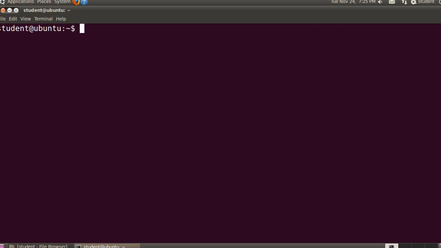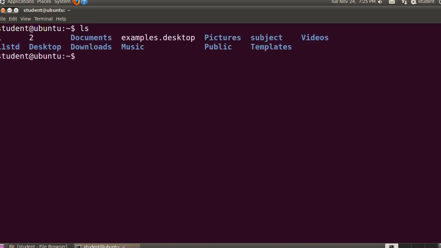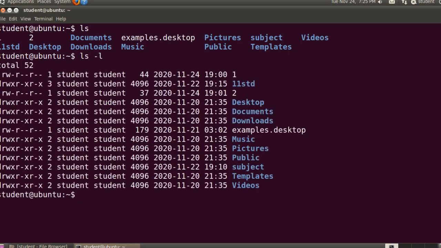Just see. If I type ls without any option, then it will display the files and folders lying in this specific directory. But if I type ls -l, then it will display the output something like this.